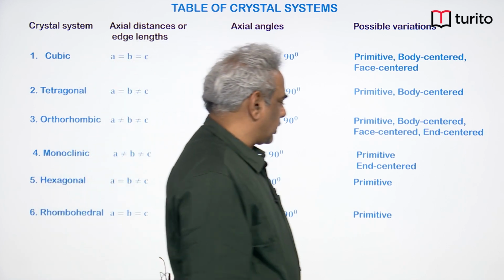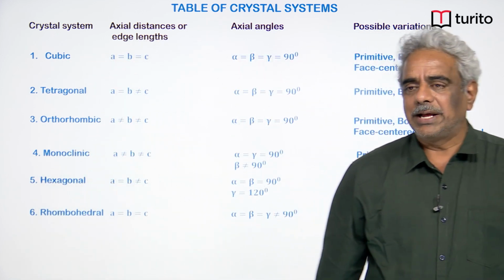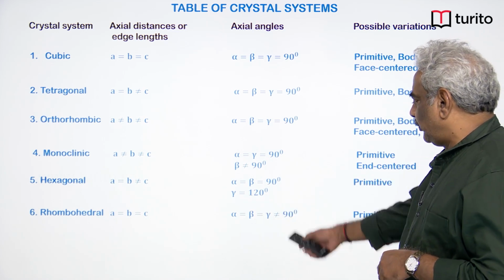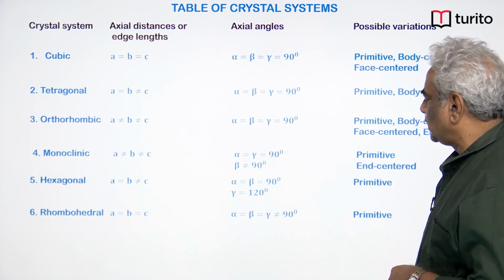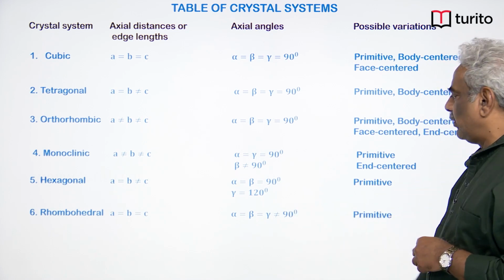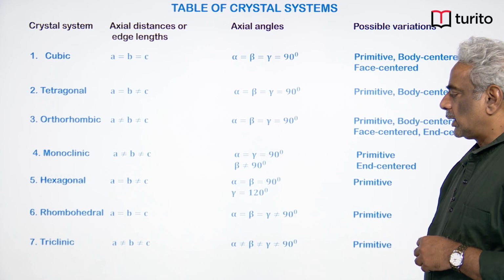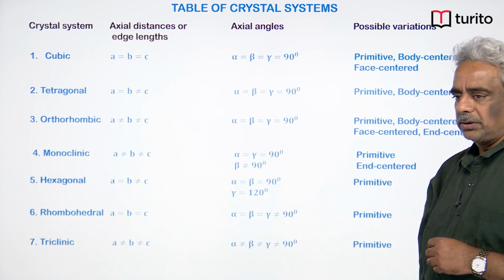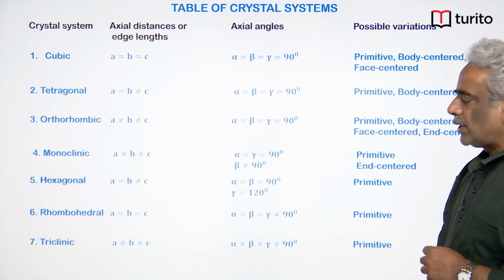In rhombohedral, lengths are equal, two angles are equal, but the third angle is not equal to 90, you will have only one primitive. In triclinic, the lengths will be different, angles will be different than 90, that also has got a primitive